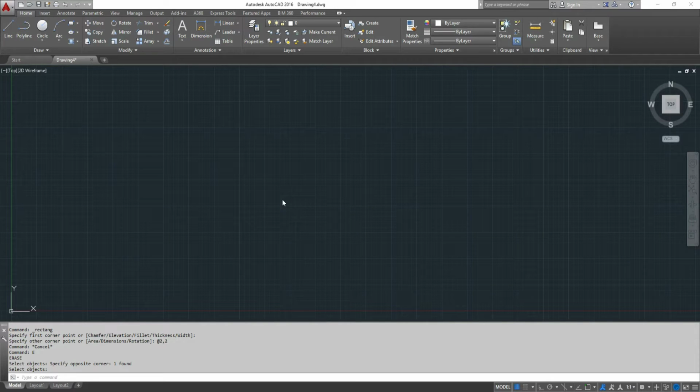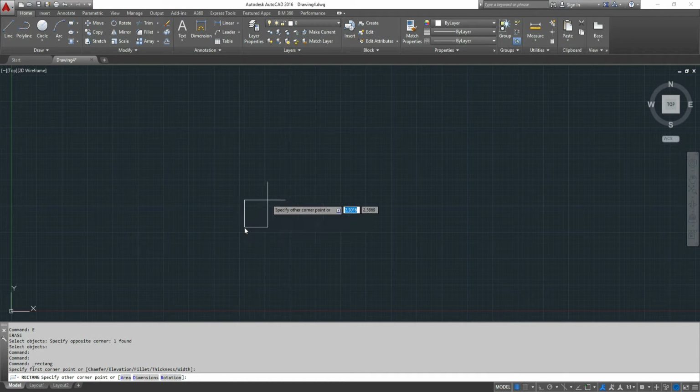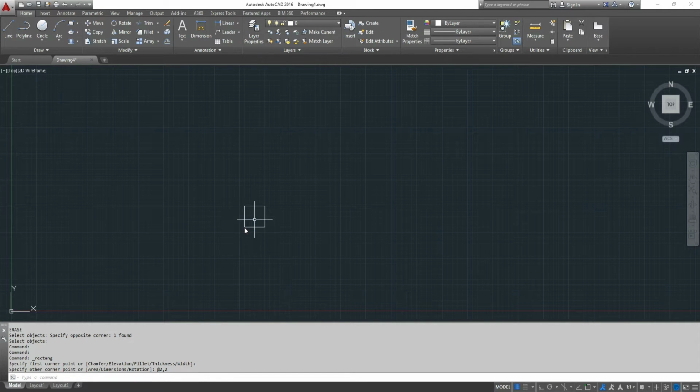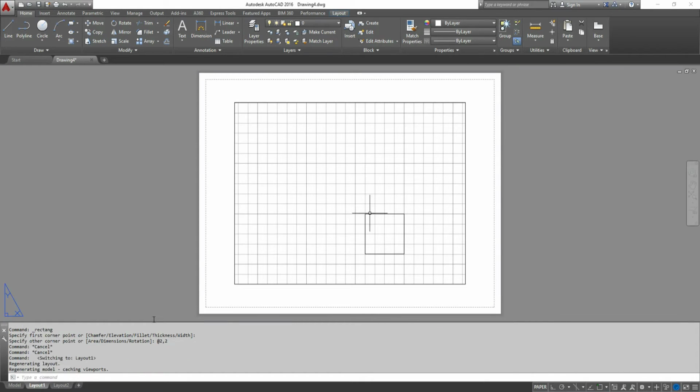Hi, in this video I'm going to show you how to scale a single or multiple viewports in paperspace. I'll draw a square that measures 2 units by 2 units, 2 comma 2, and I'll draw 3 viewports in paperspace. One half scale, one full scale, and one